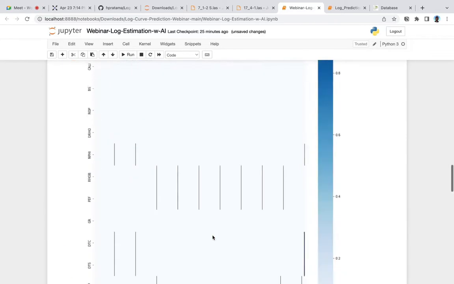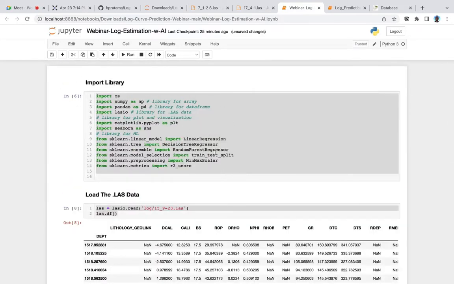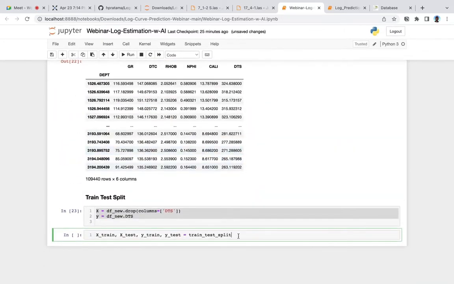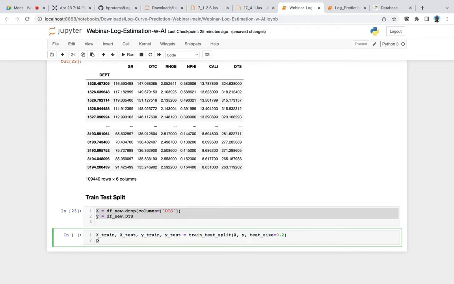It is a function from scikit-learn, and then we pass the input X here, and then pass the output, which is Y, and then we can pass the test size, which for the test is 20% or 0.2, and then we can print the shape of this train dataset.